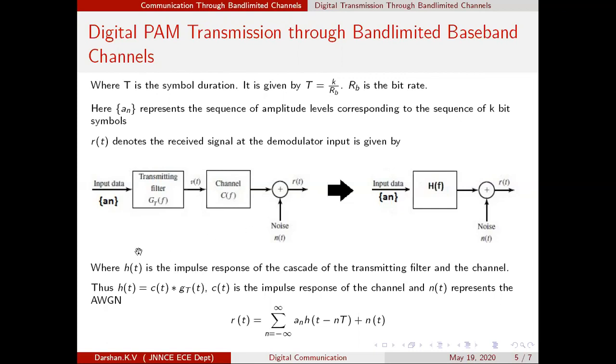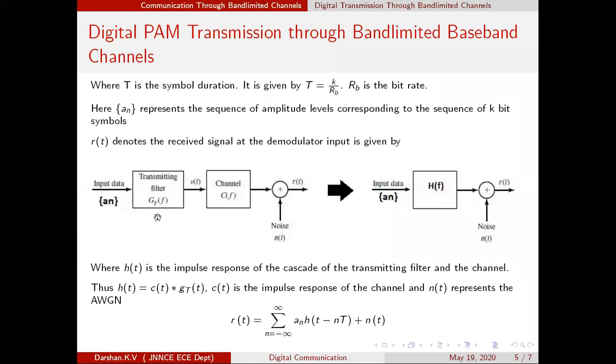Now, if you carefully observe this block diagram, one thing could be easily told. Whatever the input data we are having, go via the block diagram approach. Normally, you might have done in control systems, if you are having two blocks, you reduce the two blocks into a single block. The same logic here also we will apply. If you observe the input data, it is passing through the transmit filter and the channel as per the block diagram.